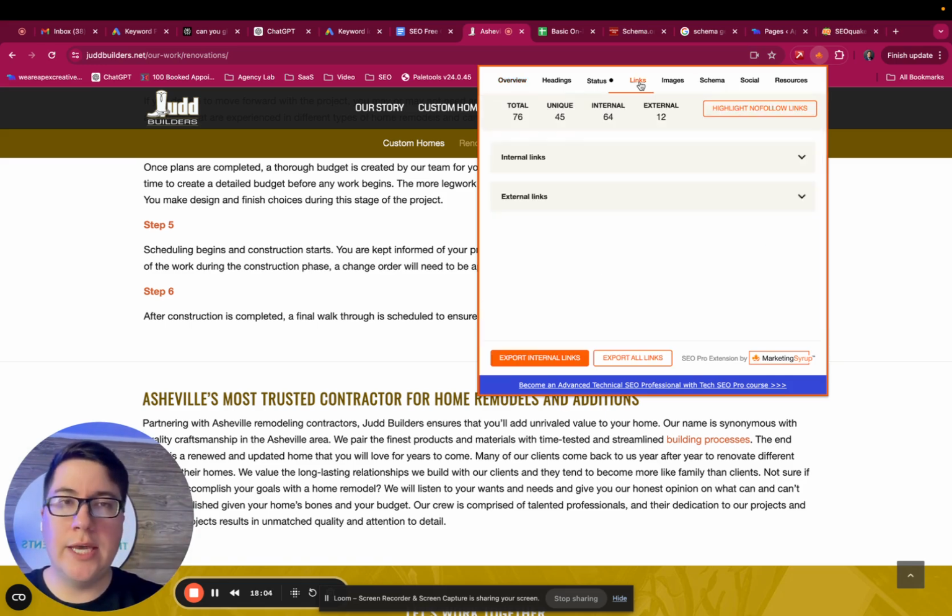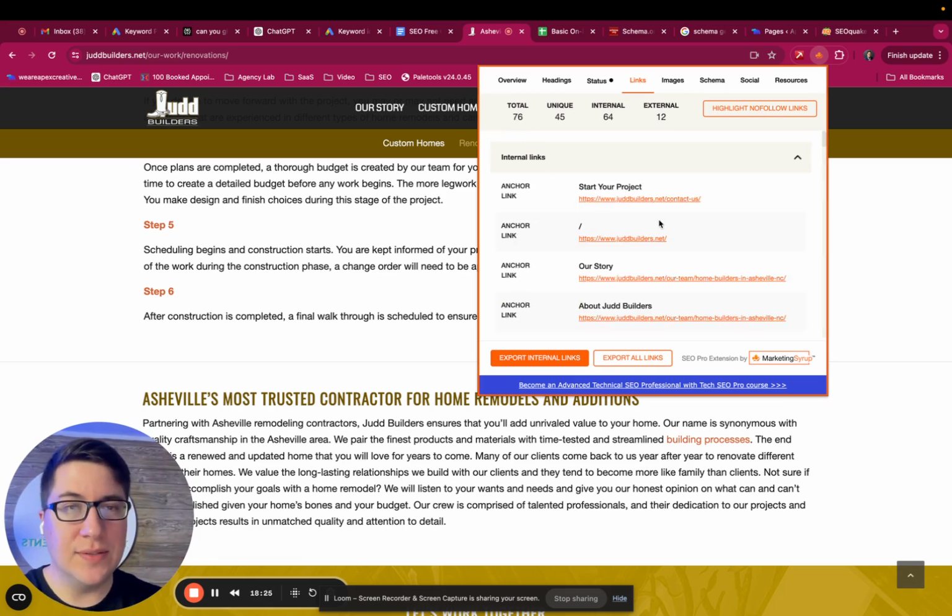So what we're going to do, same tool, we're going to go here to links. We see here 76 total. Don't necessarily worry about the internal links or the external links. You can count them if you'd like. But what you're going to want to do is actually just label 76. And then we need to look at which ones are optimized. And we're going to touch on this a little bit.